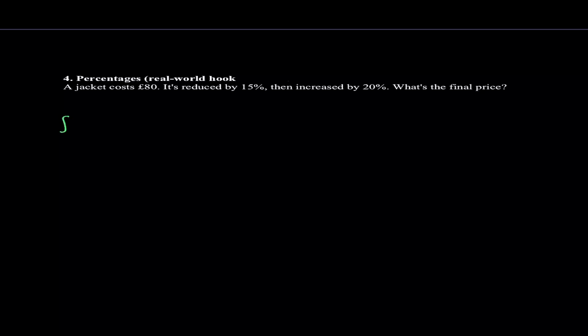So a jacket's £80. In order to reduce it by 15%, you just multiply it by, and this is if it's in the calculator section, 1 take away 15%. So whenever it's a reduction, it's 1 take away that percentage. And then it is increased by 20%. So then we would multiply it by 1 plus 20%. So 1 plus 0.2. So that's how you would do it in a calculator. You could just plug that into your calculator. And if we do, let me just type that in. You should get